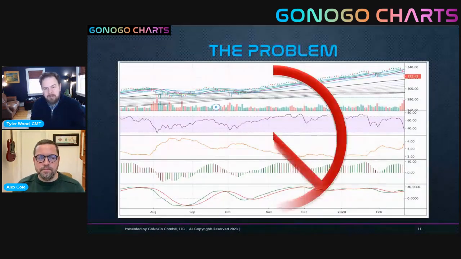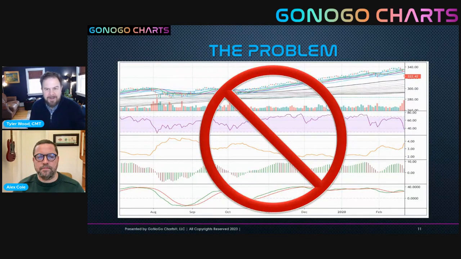We want to remain objective and not fall victim to emotional or rational decision making. And therein lies the challenge with technical analysis that Alex and I hope to solve with GoNoGo Charts. The idea is that all of these tools are incredibly useful, powerful, very important information that we can glean from the markets. And when we get back to our trading practice, to our investment process, we need to make sure